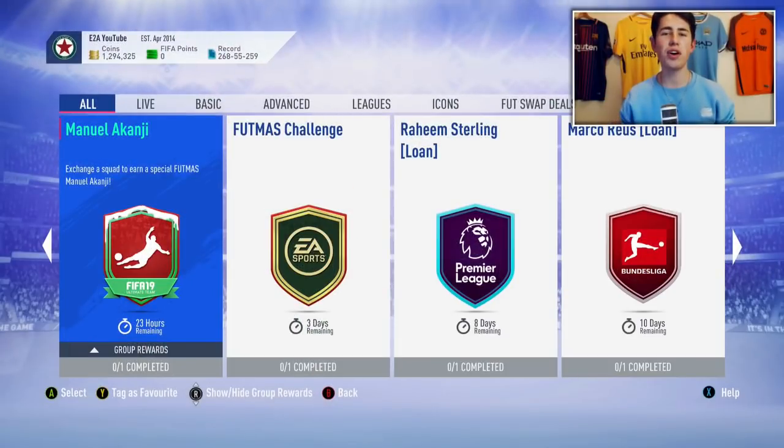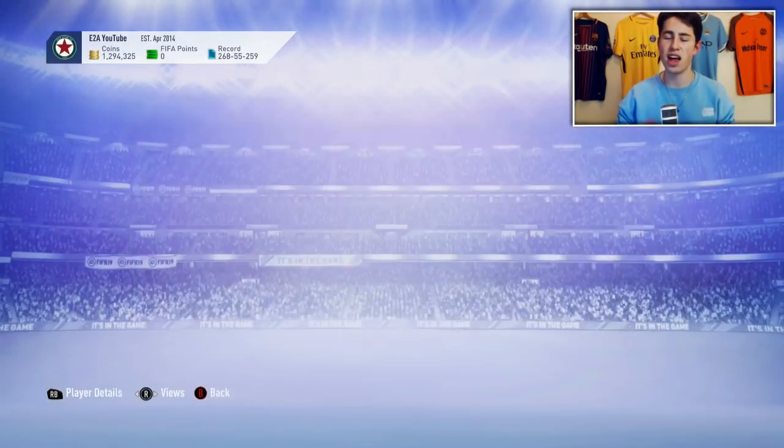Hey guys, FUTMAS here. Welcome back to another video, and today I'm going to be showing you how to complete the brand new FUTMAS Manuel Akanji SBC the cheapest and easiest way. As of right now, this will set you back around 120,000 coins on both consoles, and that is a lot